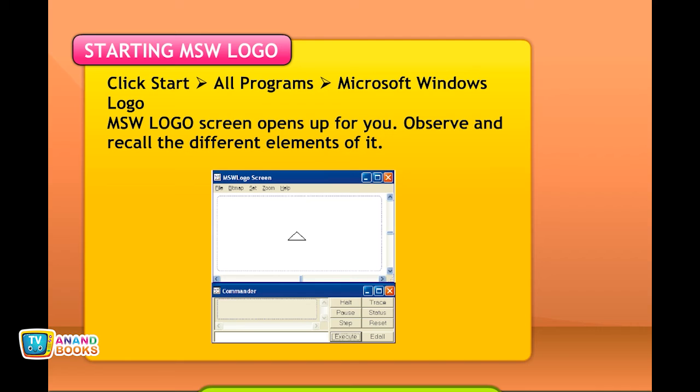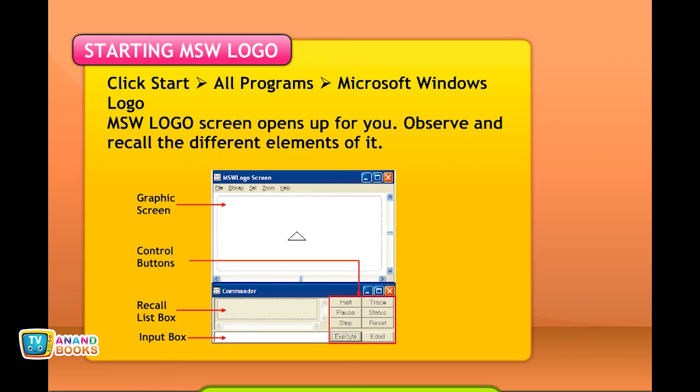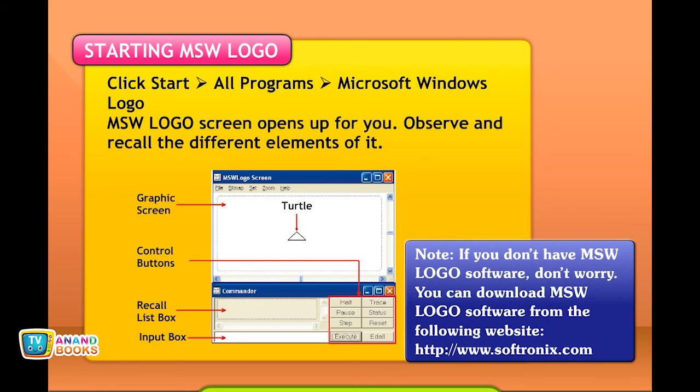Observe and recall the different elements of it: graphics screen, control buttons, recall list box, input box, turtle. Note: if you don't have MSW Logo software, don't worry. You can download MSW Logo software from the following website: